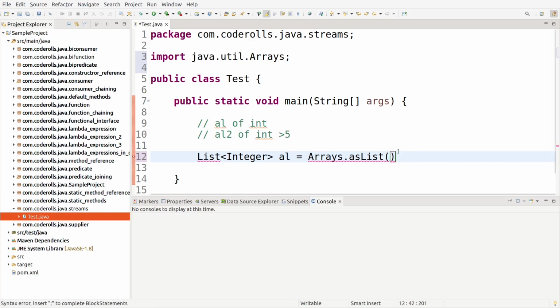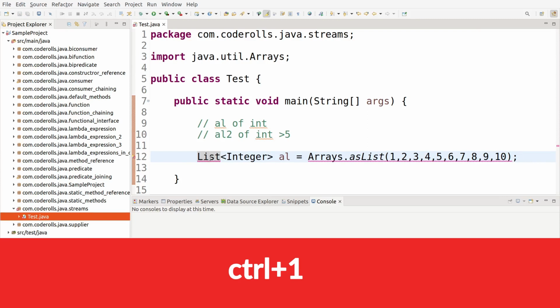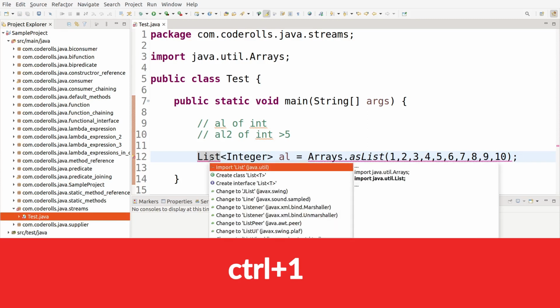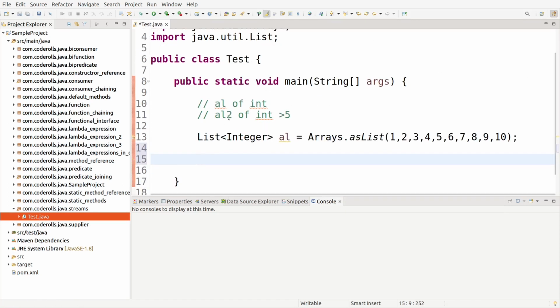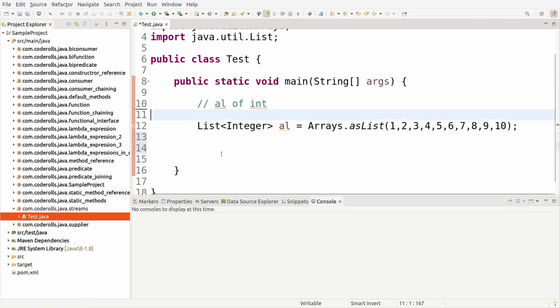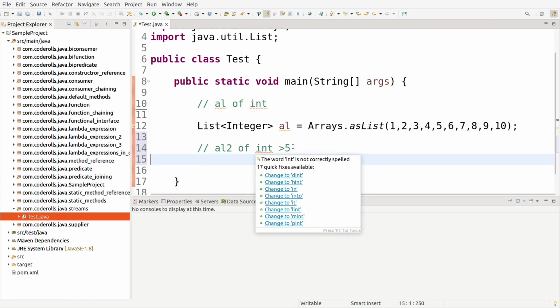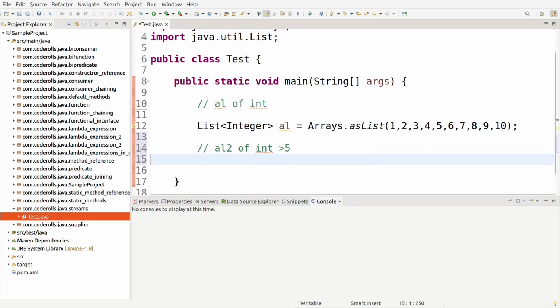So here I will add numbers from 1 to 10. Let's import the list. Press Ctrl+1 and import this. Save it. So we have AL with us, and our task is to create AL2 where the integers should be greater than 5. So we need to collect all the integers which are greater than 5.